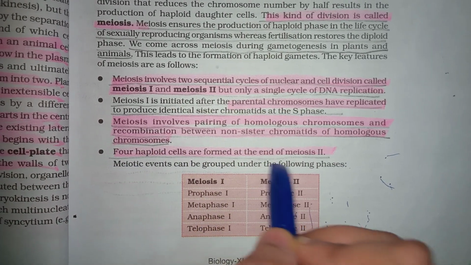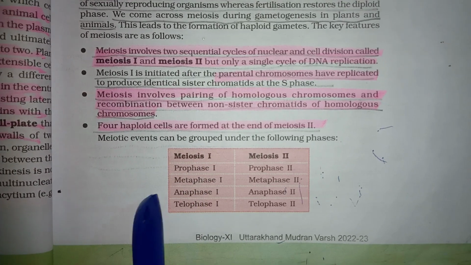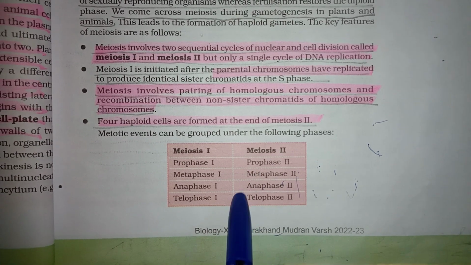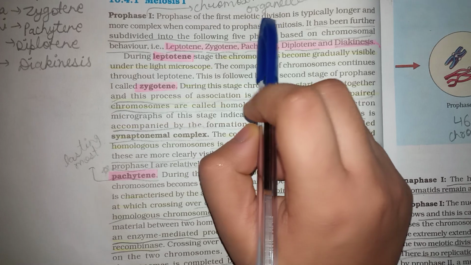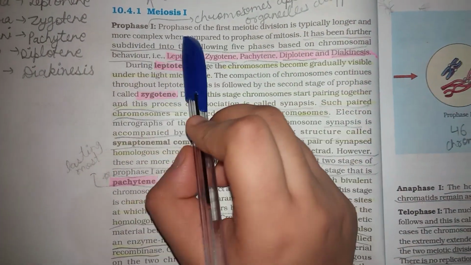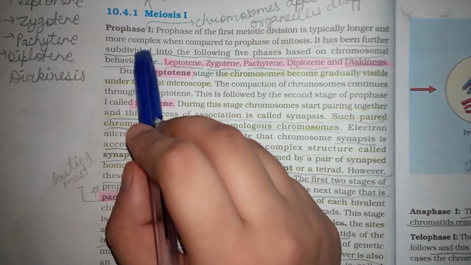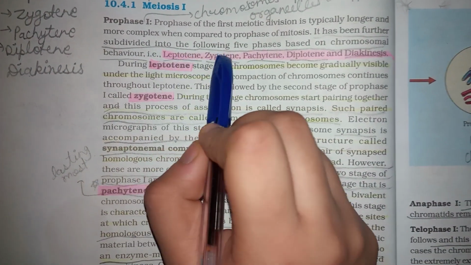Meiotic events can be grouped under the following phases. Meiosis 1: prophase 1, metaphase 1, anaphase 1, telophase 1. Meiosis 2: prophase 2, metaphase 2, anaphase 2, telophase 2. Meiosis 1, prophase 1. Prophase of the first meiotic division is typically longer and more complex when compared to prophase of mitosis. It has been further subdivided into the following 5 phases based on chromosomal behavior, that is leptotene, zygotene,